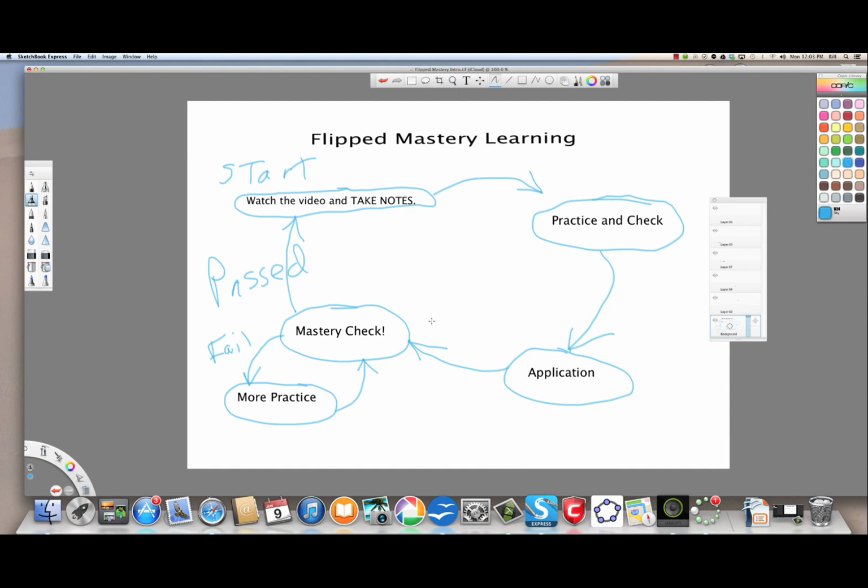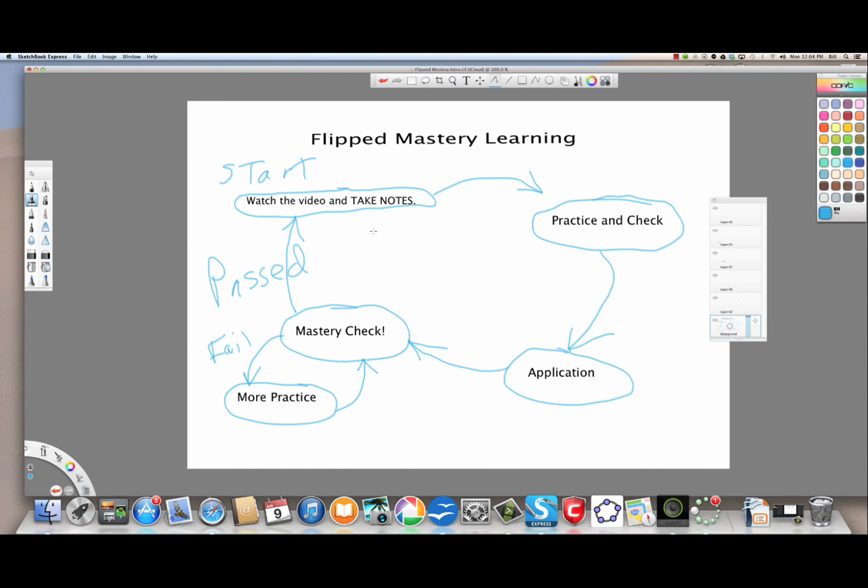Once you've completed the cycle, at the end of that, you're going to take a chapter test. In order to continue on after the chapter test, you need a 70% or better. With that 70% or better, you can move on to the next chapter.